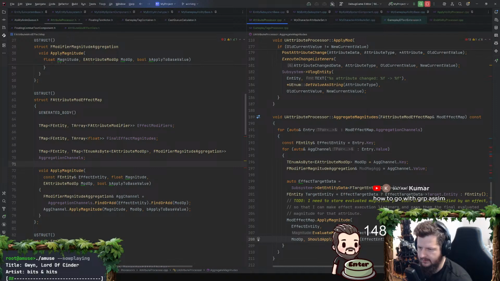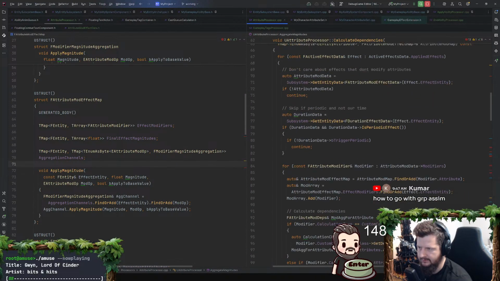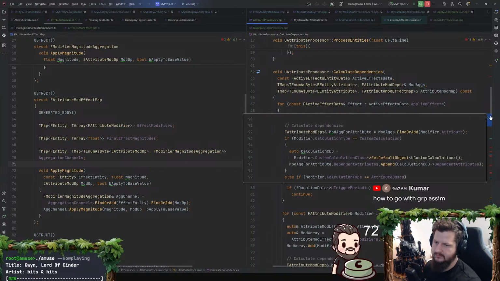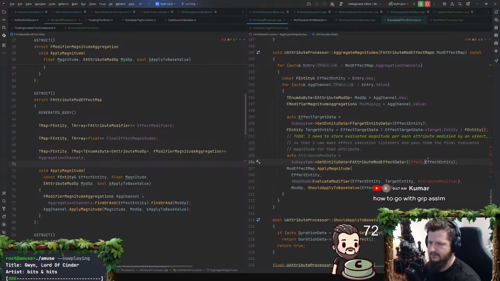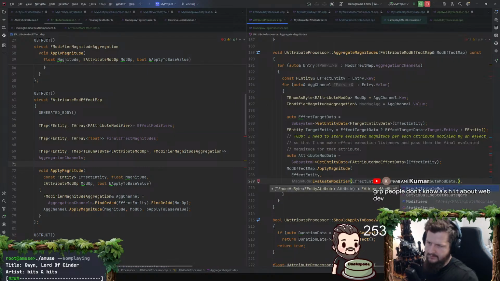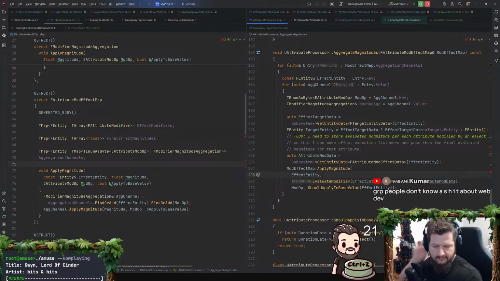Now I need to get the modifier data off of here. So they already all should have modifier operations, or modifier effect datas, here. Find attribute mod. Yeah, I need to iterate over the attribute mods on this effect.